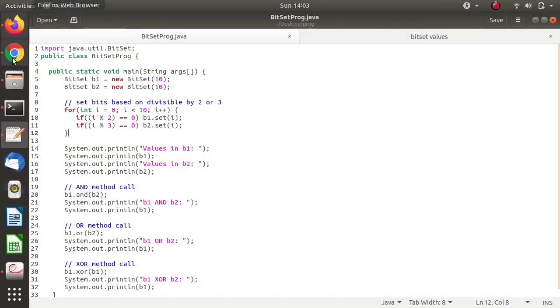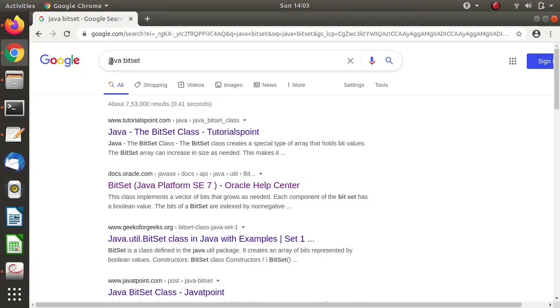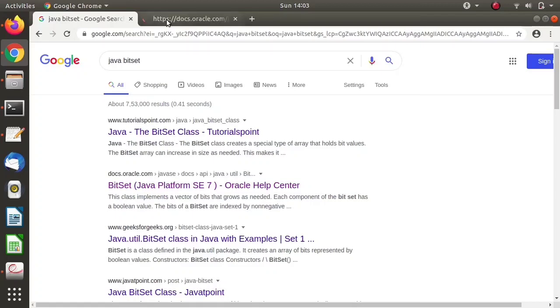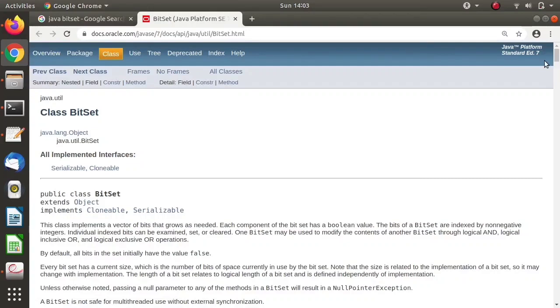If we search Google for Java bitset, we find docs.oracle.com. Oracle.com is the official website for the Java language, as Oracle is the owner of Java. We will open it. Here you can see bitset is a class and it belongs to the java.util package.